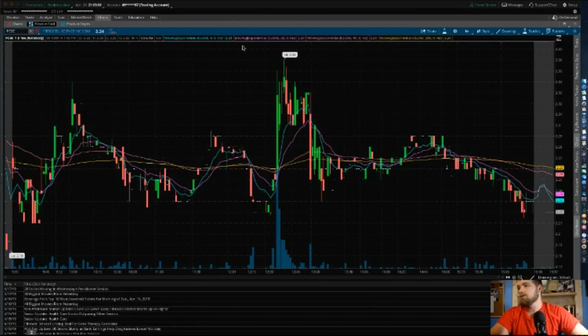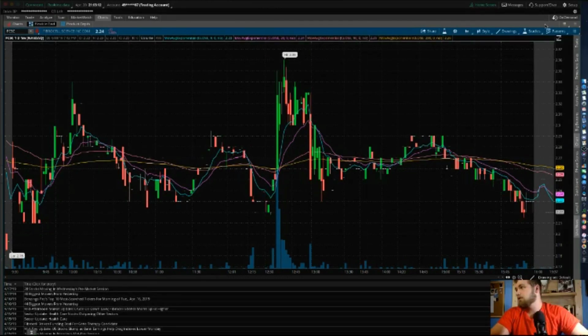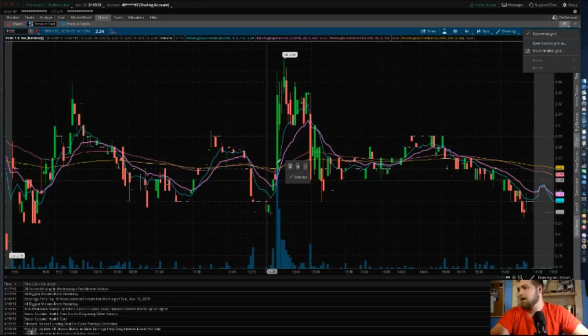Once you get to the charts here, now you're going to want to start messing around with it, and I'll show you how to add certain things like mine. So if you want to add multiple different types of charts here, all you got to do is click this. It looks like a little grid up in the top right. Once you click on that, you click customize grid,